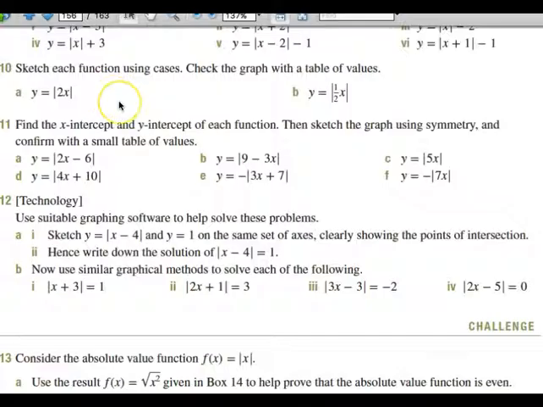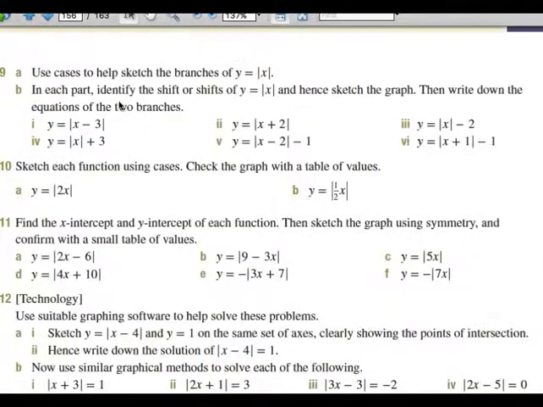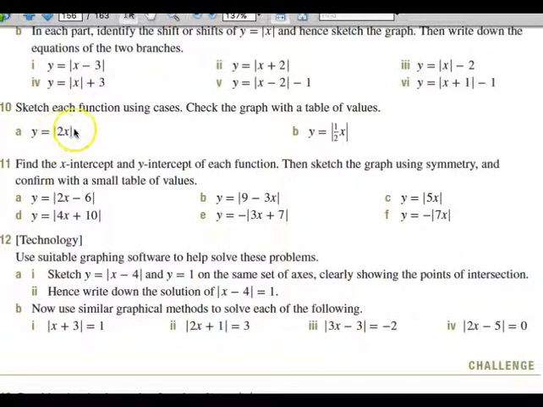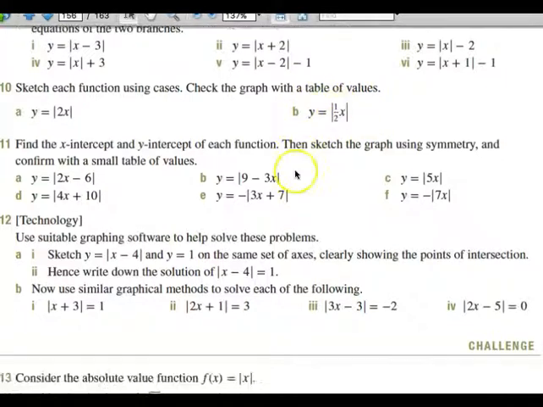Okay? Question 10, we won't do it now. You'll do this for homework. So you would write y equals 2x for 2x greater than 0 or x greater than 0, and y equals -2x if -2x was less than 0. So this is just the absolute value of x function steeper. You know, the 2 is in front of the x. Still got origin, it still passes through 0, 0. What about this one? Will this be steeper or flatter? So this is a V shape, still flatter. All right? Now what we're going to